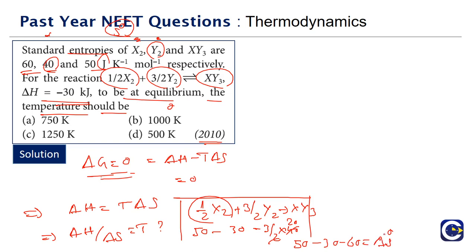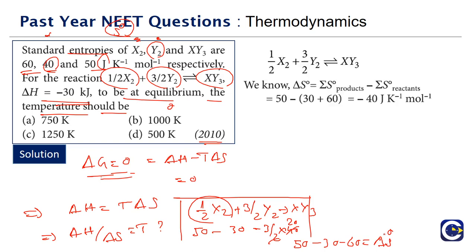Whenever we have the entropy change for a chemical reaction, it will be equal to the entropy of the product minus the entropy of the reactant. Of course, we have to look at the number of moles. So now let's get started with the process. First, for the given reaction, we will find delta S. Delta S will be the entropy of product minus the entropy of the reactant.